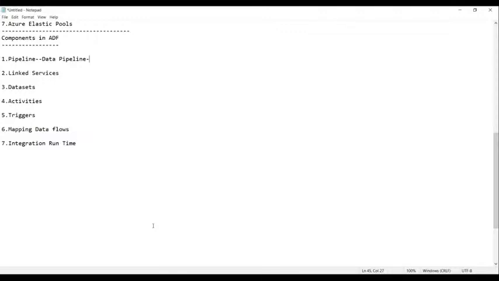It is used to carry the data from the source to the target, so hence we call it a pipeline.